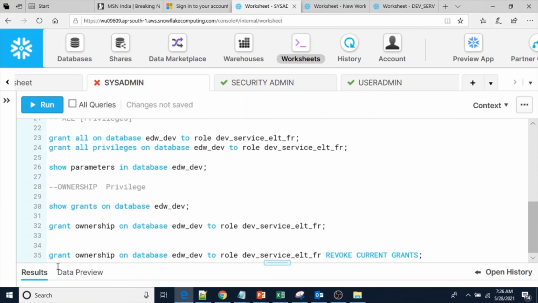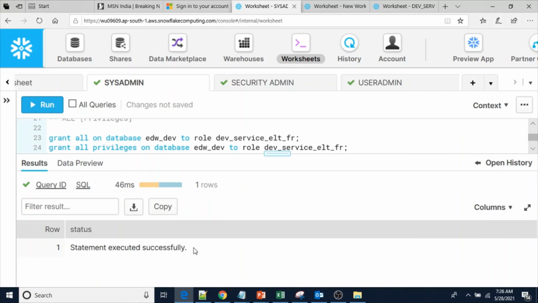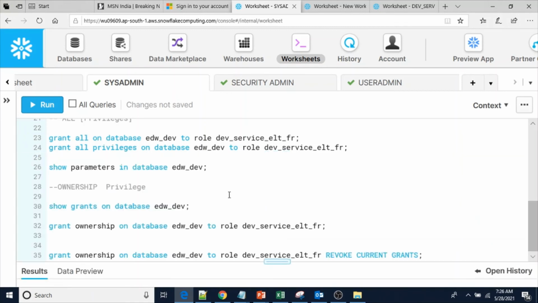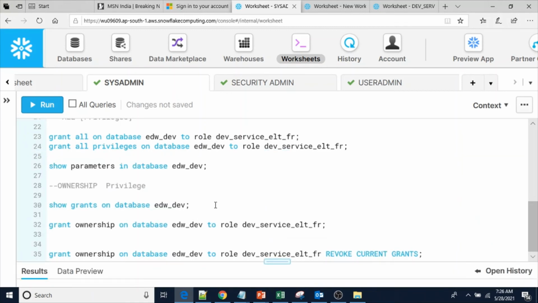So for that, grant ownership on database edw_dev to role name revoke current grants, so that whatever current grants sysadmin has on this database will be revoked while transferring the ownership to the role dev_service_eltl. Statement executed successfully.